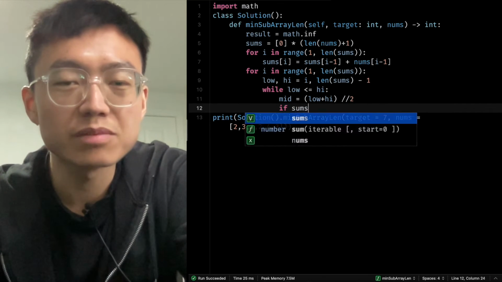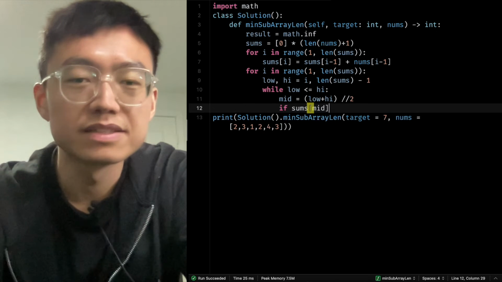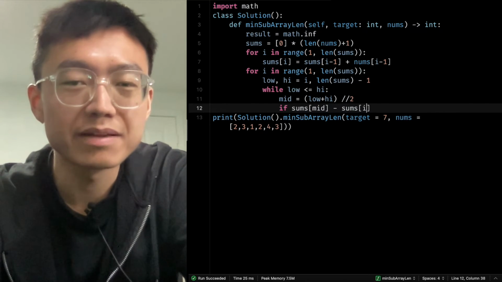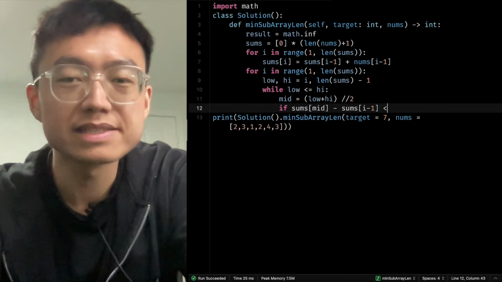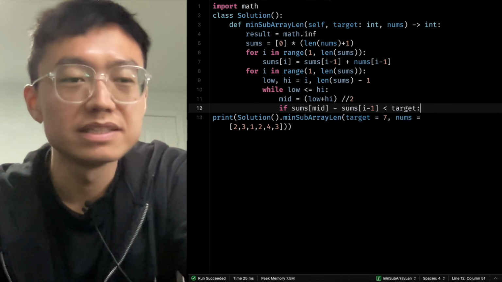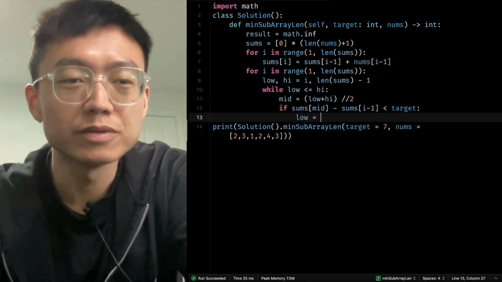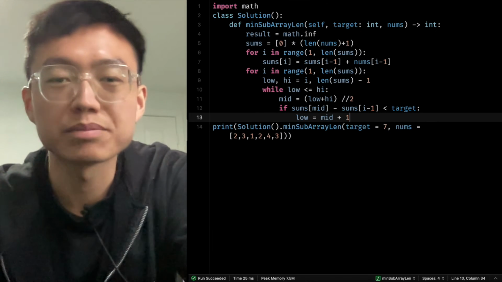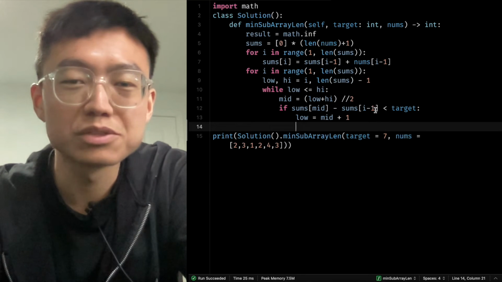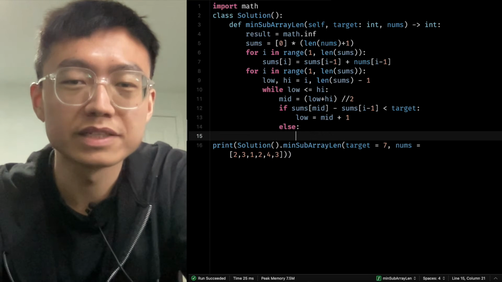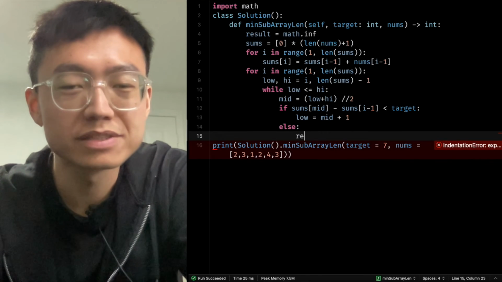So if the sums at middle minus sums at i minus 1 is less than target, then low should move higher. It's middle plus 1, because it is too low, we need to move it higher. Else means it is greater than or equal to target. That means the result,